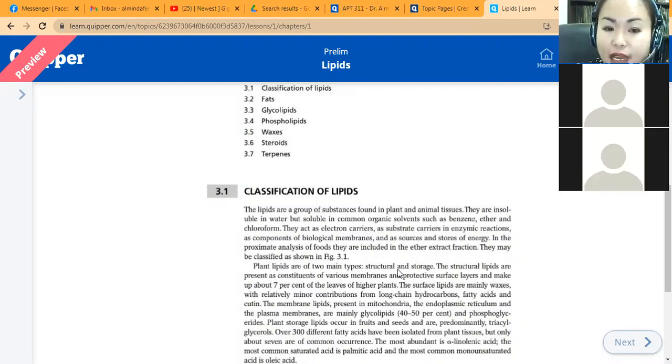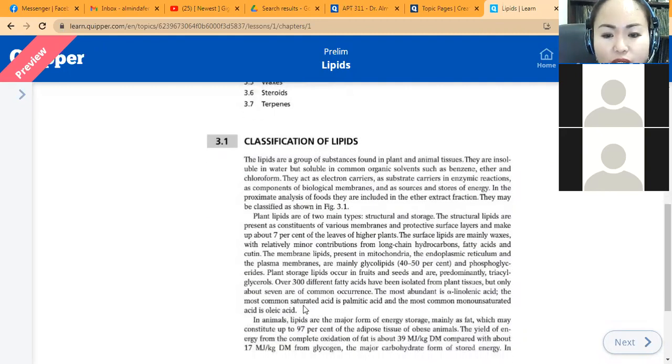And waxes are used in the post-harvest treatment of our fruits and vegetables so they do not wither or transpire too much. And terpenes are the essential oils, like in citrus. These are all classified also based on their